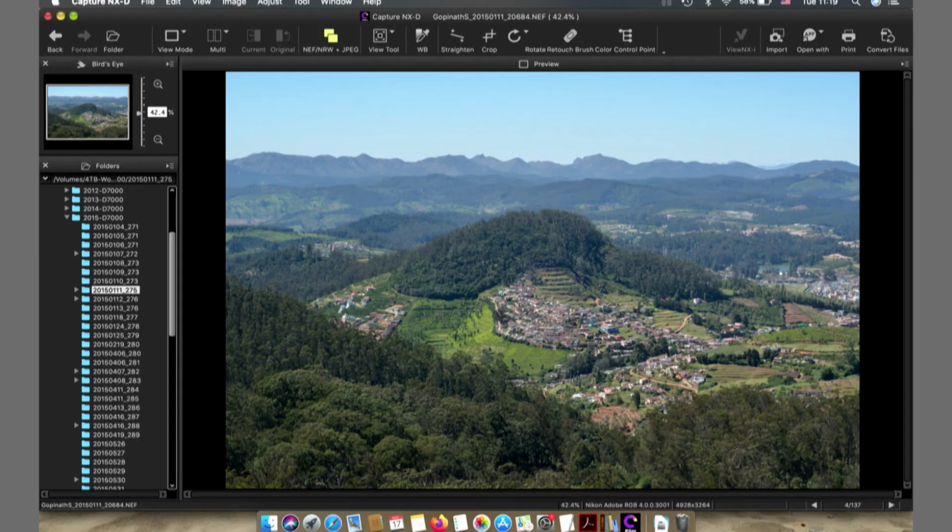Then I move on. As you can see now in the larger version, there is the close-up of the avalanche-like houses, and then the larger context. Here you can see the whole hill on which this group of houses is flowing down the slope. I thought these 2 pictures together would tell a better story rather than just showing the close-up of those houses on the hill slope. So, that is the logic behind why I chose these 2 pictures.